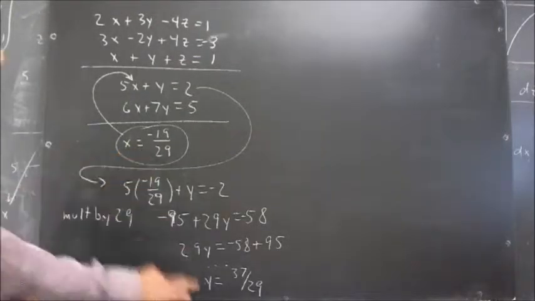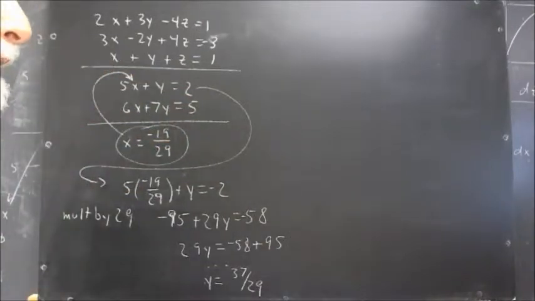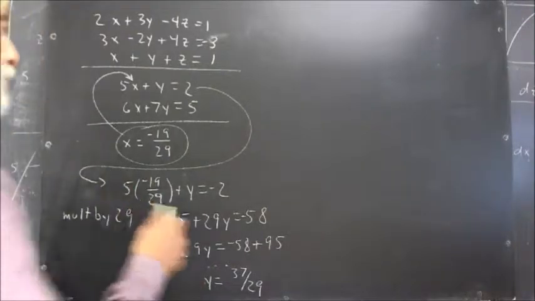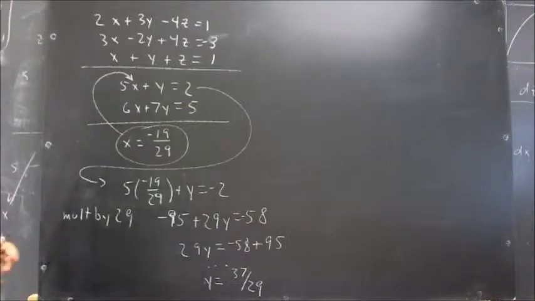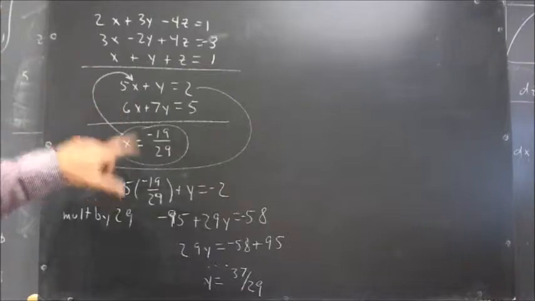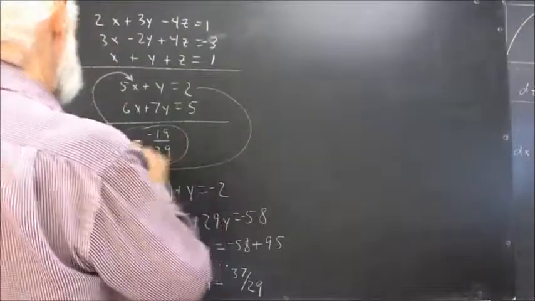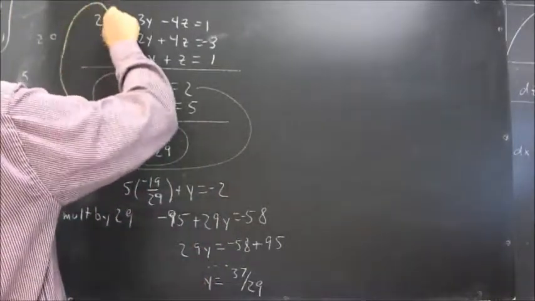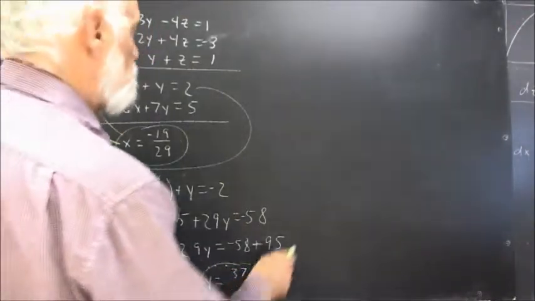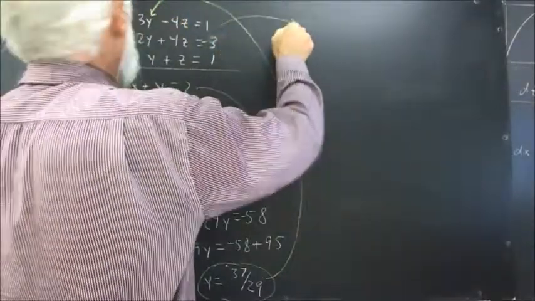Now we have values for x and y. We can check these values with either of these equations to make sure they're consistent. And I'm not going to do that. I'm going to take a risk here because I'm doing this in my head as I go. But I'm going to take this x value and this y value now. If I substitute into either of these equations, I should get an identity. If, though, I take this x value and substitute it, let's say, into our first equation, and take this y value and substitute it into the same equation, what do I get? I get the equation